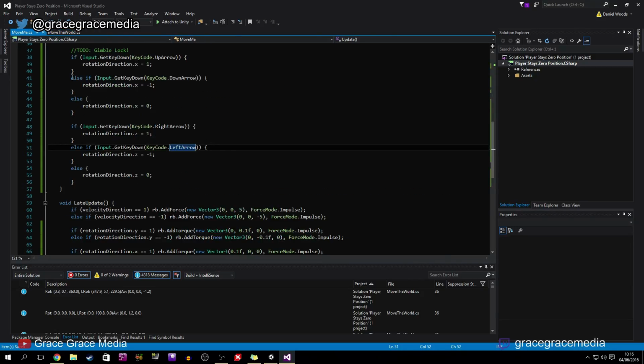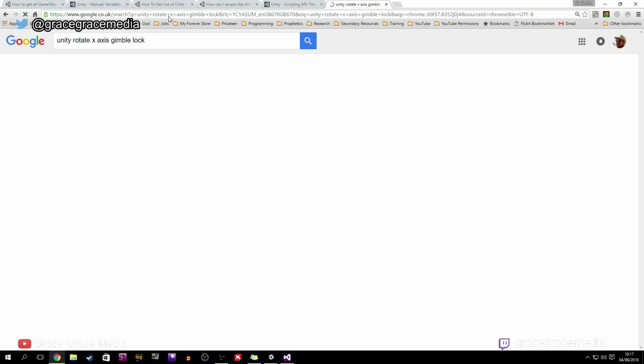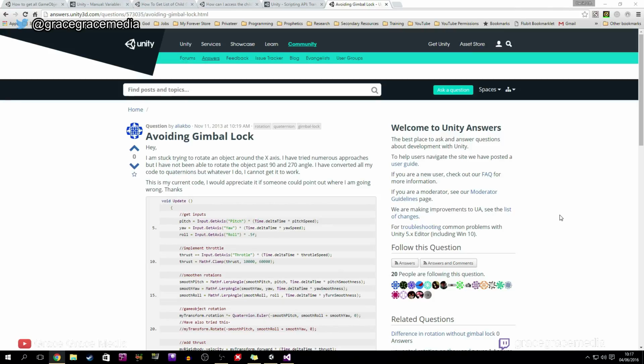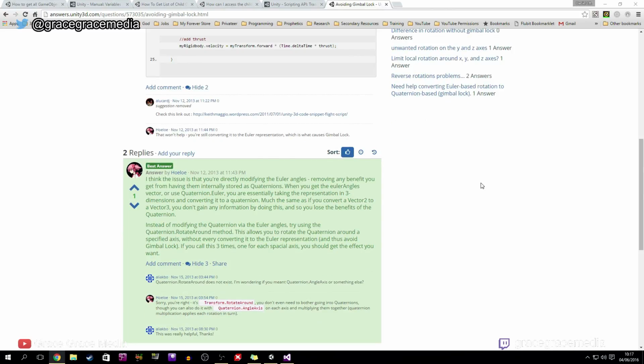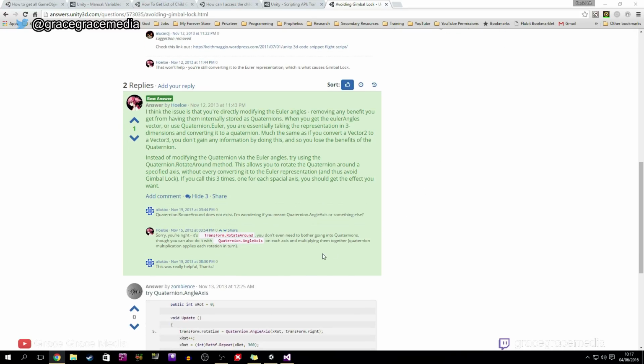Gimbal lock is on the x-axis. Right, yeah, okay. Rotate around. Alright, okay, so